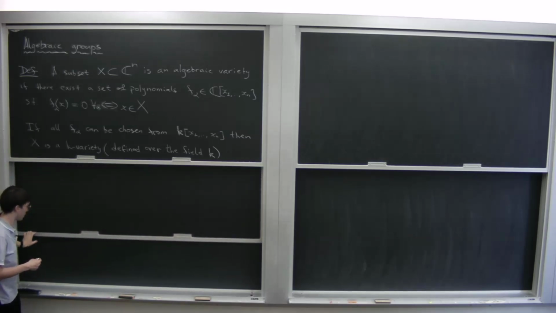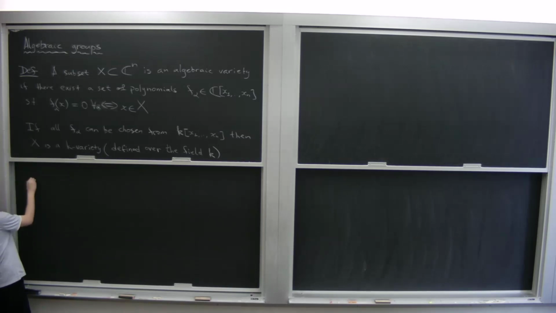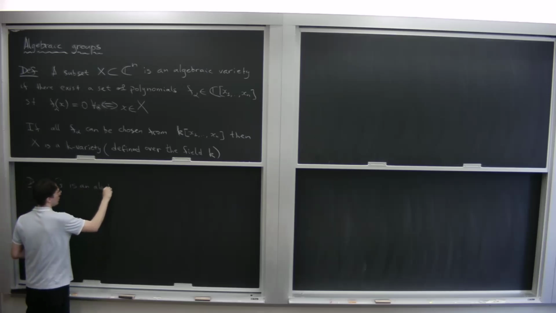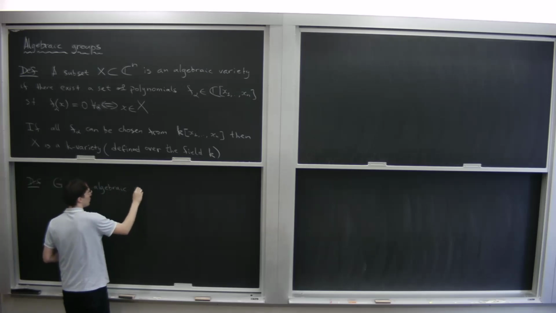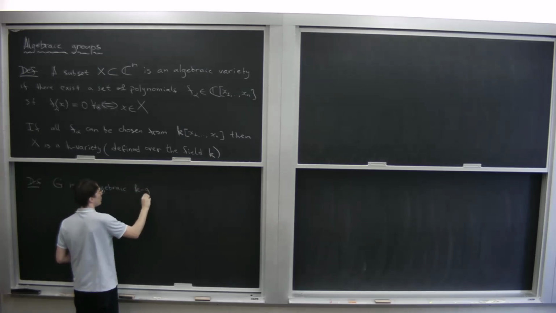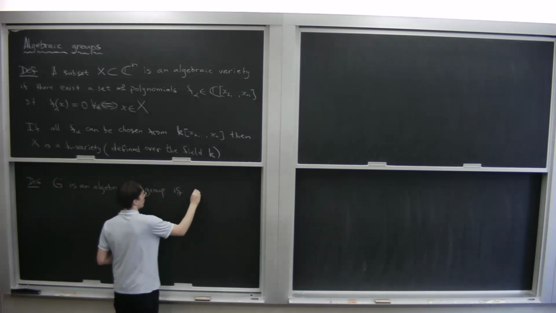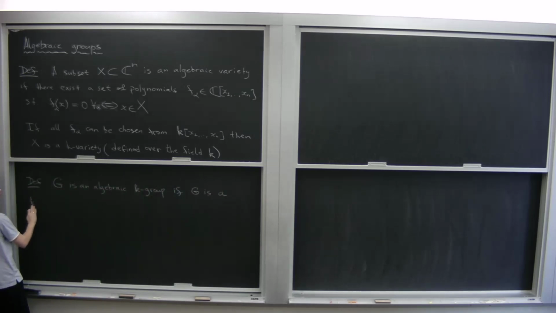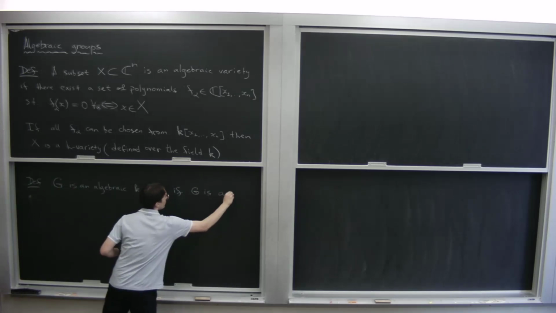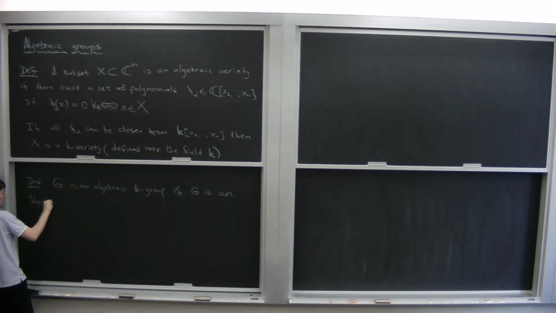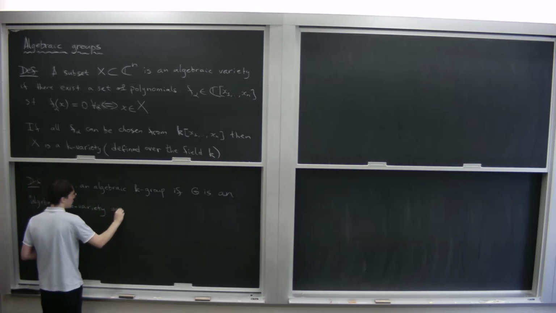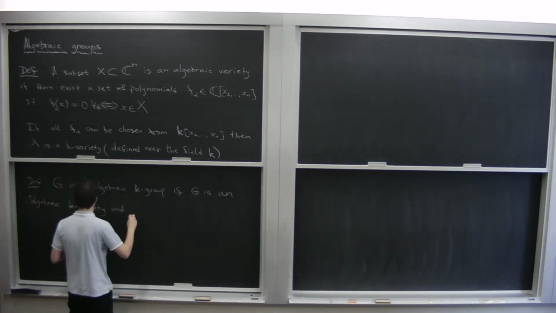And we say that an algebraic group, so the second definition, G is an algebraic k group if G is a k variety, is an algebraic k variety,